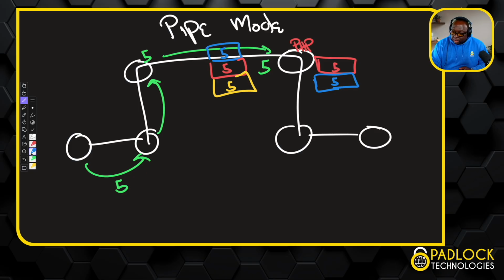When you get to, I'm gonna use yellow, this router, the ultimate router, your QoS policy outbound is not based on the markings in the IP packet. So what you would technically do is the same QoS, you would match that marking in the label. So you would match this marking here in the label. And then you'd have your service policy